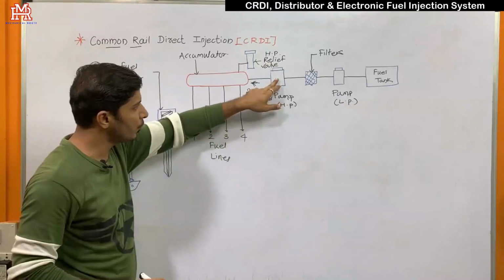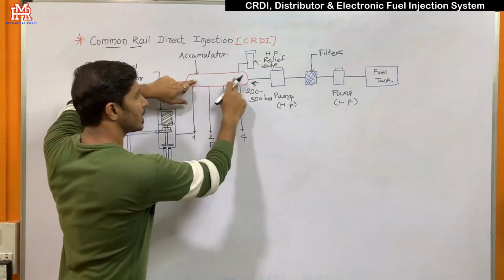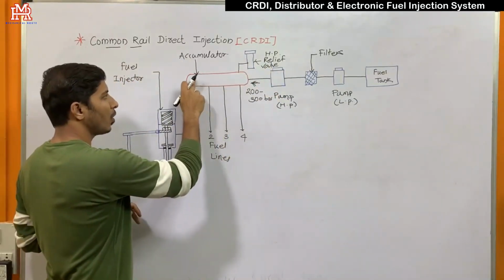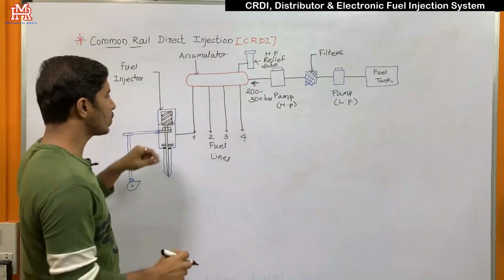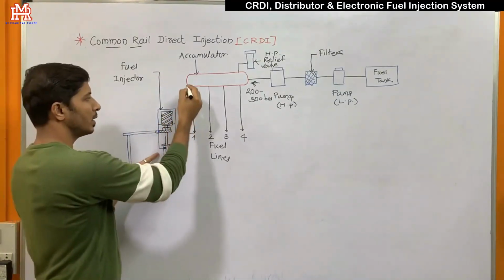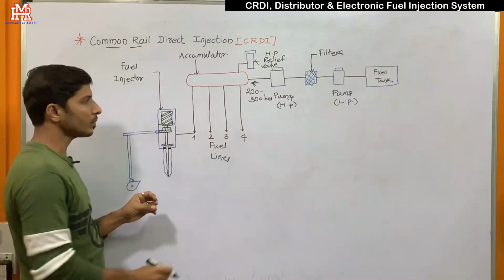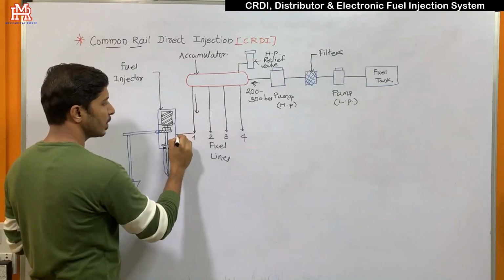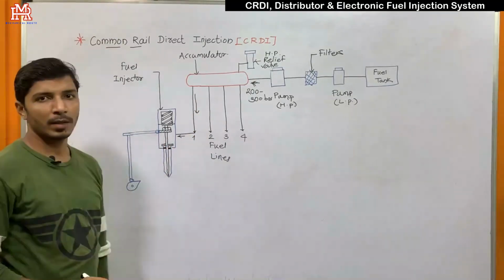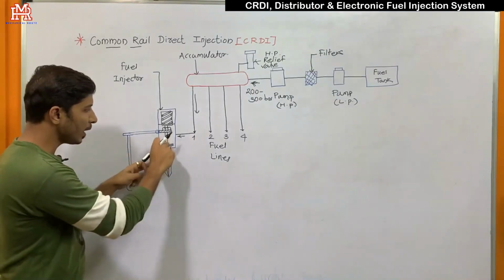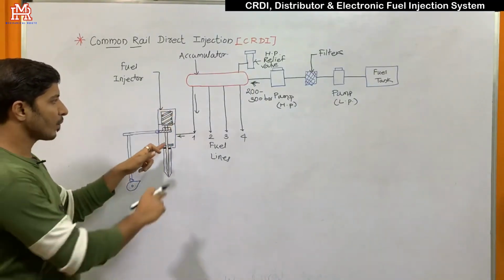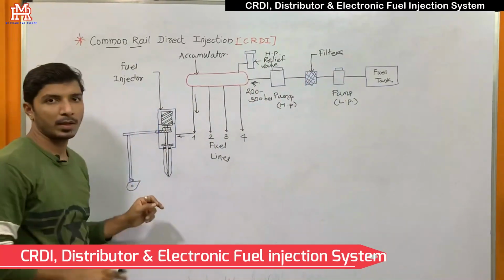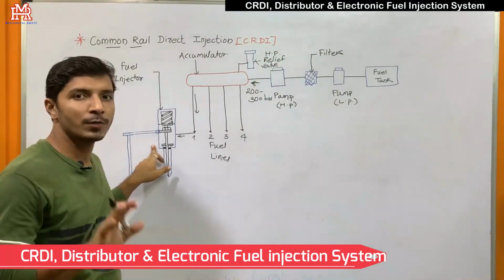This high pressurized fuel will enter the accumulator passage through this high pressure relief valve, and then according to the opening and closing of the fuel injectors, this fuel will be transferred to the cylinder. For example, through this accumulator, the fuel will be transferred to the first cylinder or first fuel injector. We have seen the fuel from the fuel tank has entered this fuel injector. Now we have to understand the working principle of this fuel injector.